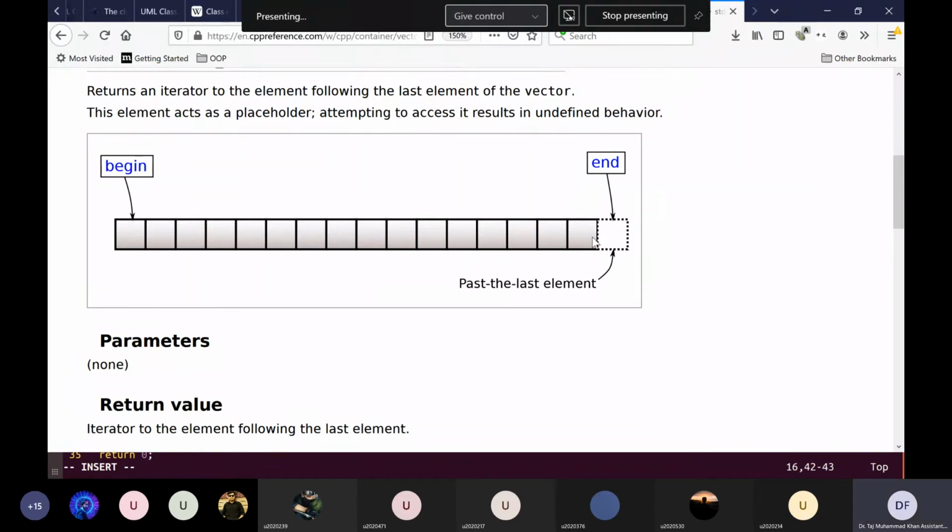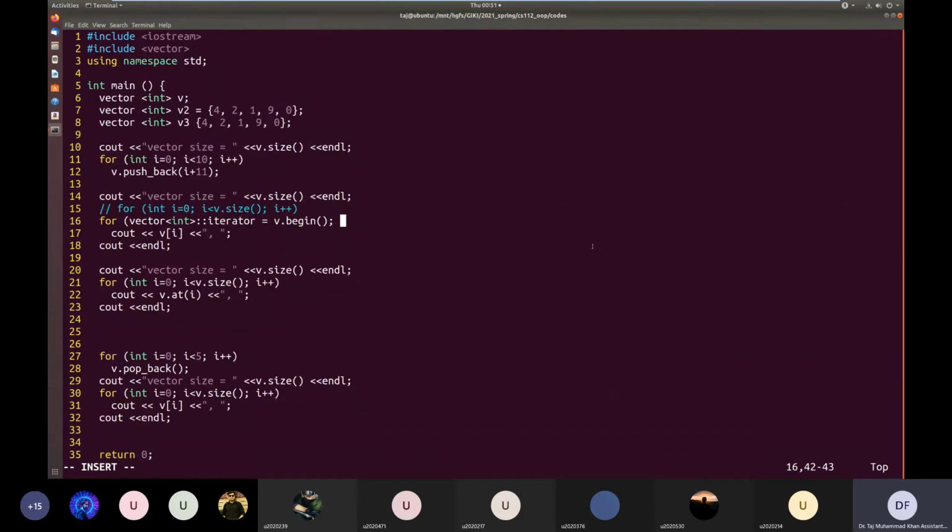So what is it pointing to? You don't need to worry about it. That's the implementation detail of the vector. As we know, implementation details are private and we do not need to concern ourselves with them. We need to only concern ourselves with the behavior, the interface. And the vector interface specifies that end returns the iterator to an element past the last element. Okay, so when we put our conditions here, we will write it like this. So this is the vector iterator type, and we will declare a variable of this type, let's call it iter.